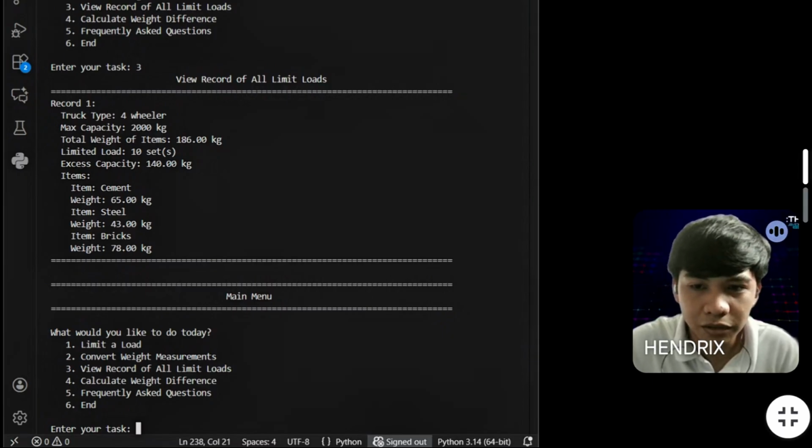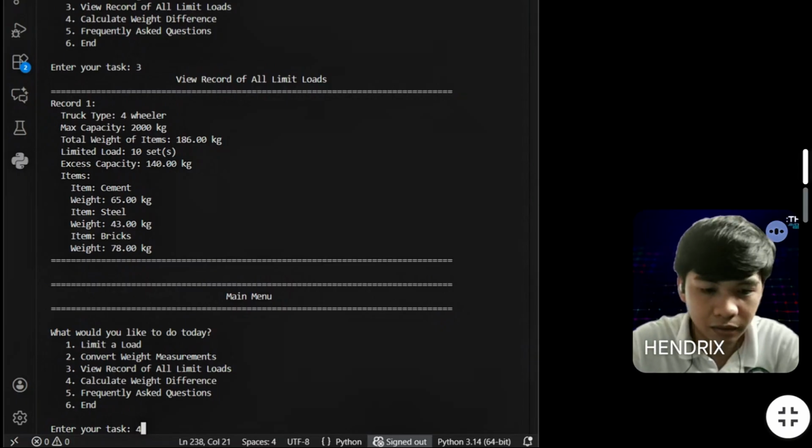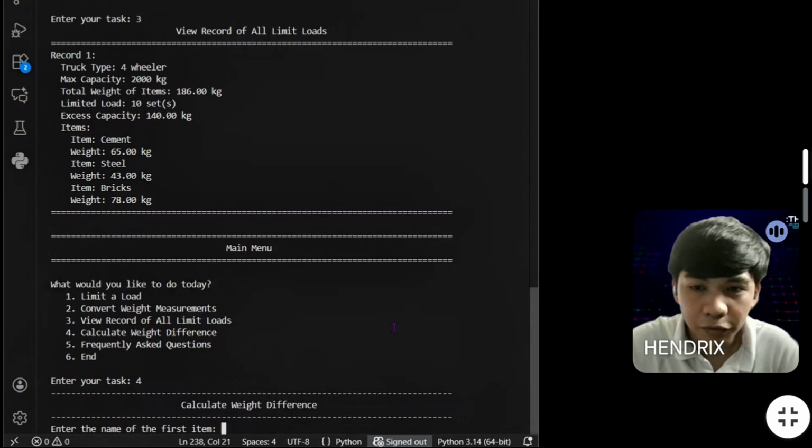First, let's start with menu number 4, which is calculate weight difference. How does it work? Menu number 4 allows users to compare the weights of two items and determine their difference, including which item is heavier or if they are equal. When selected, the program prompts the user to enter the names and weights of two items, in kilograms.